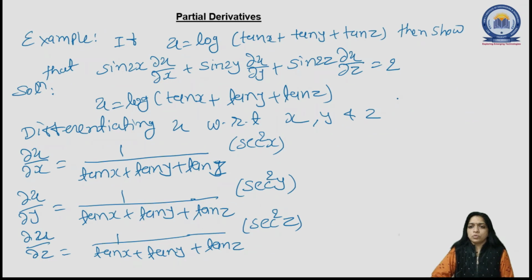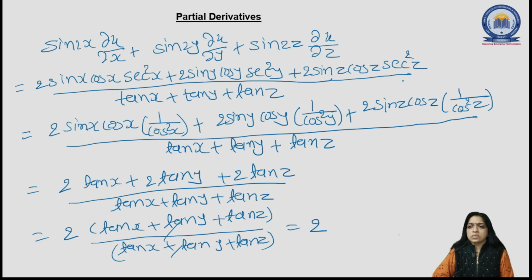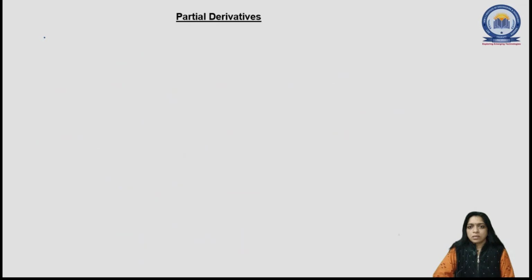See, we want to prove this one is equal to 2. So here we have started with the left hand side, and this one is the right hand side. Okay, so this is the answer of the given question, or we can say this is the proof of the given question. So let's move with one more example, that if u equal to